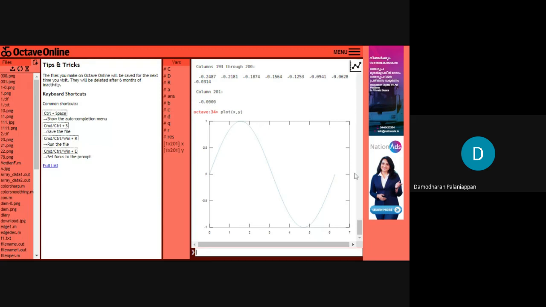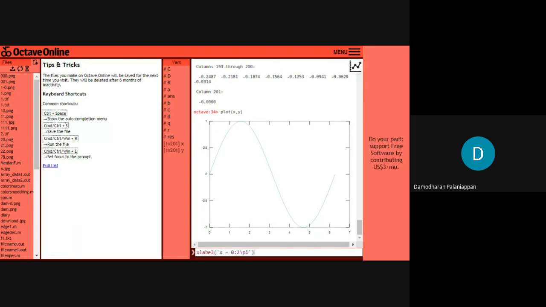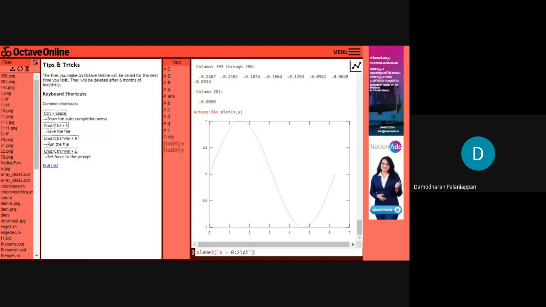The next thing is we do not know what is on the x-axis, what is on the y-axis, or the title of this graph. So we want to give the title as well as the x-axis label and y-axis label. For that, I'm using xlabel, open bracket, close bracket, within single quotes. Whatever is given in single quotes will be displayed directly.